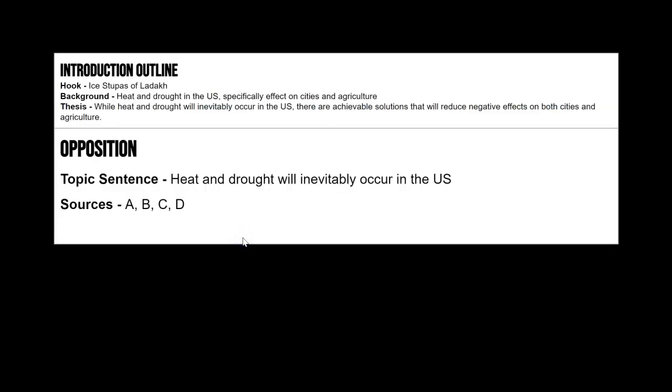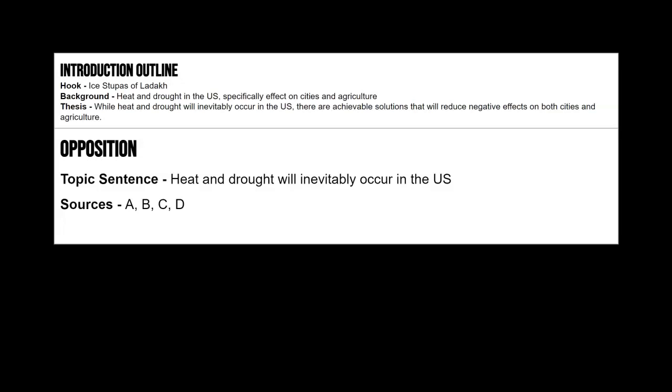All right, now that you've talked about the opposition, let's talk about why. In your synthesis essay, if you are qualifying, agreeing or disagreeing, you will have an opposition section. If you're qualifying, it's not necessarily information that you disagree with, but it's showing one side of the coin, and then you'll talk about the other side of the coin. So regardless of whether you pick agree, qualify, or disagree, you'll still have something that essentially works as an opposition.